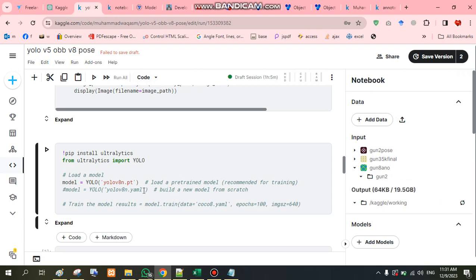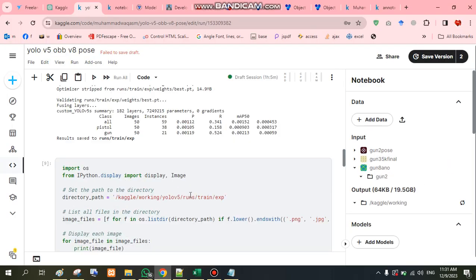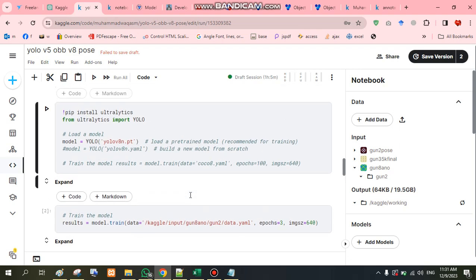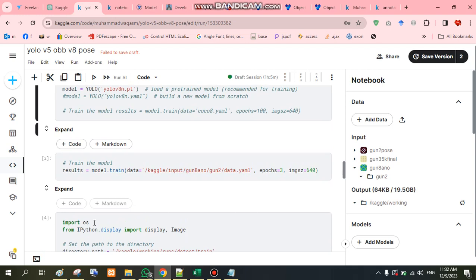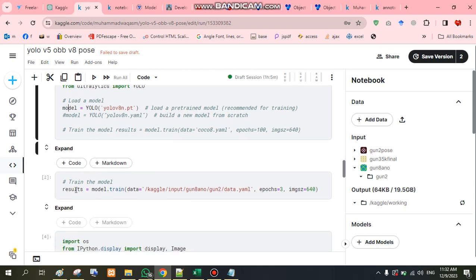Okay, now the last step, upload and run the model. After uploading, as I told you, you have to use only these four lines and it's working. First you have to write this line, and you have to write a model to use. You can use a pre-trained model, or you can use a new model from scratch using this line. And then you have to write this statement: result is equal to model dot train, and